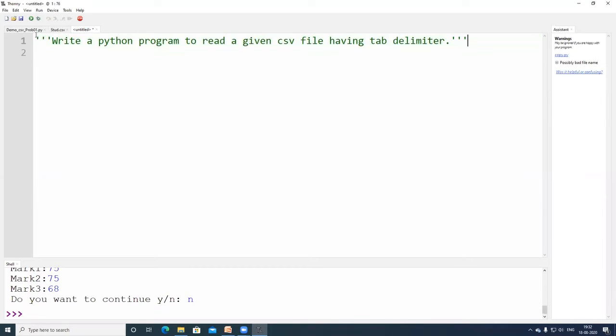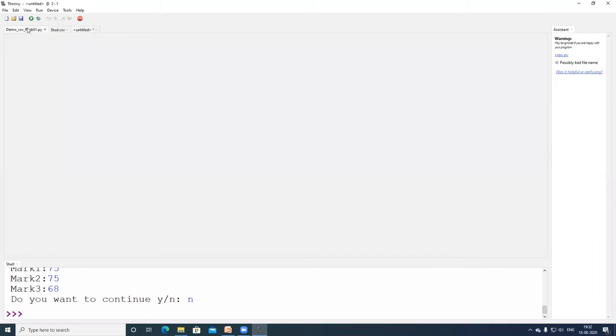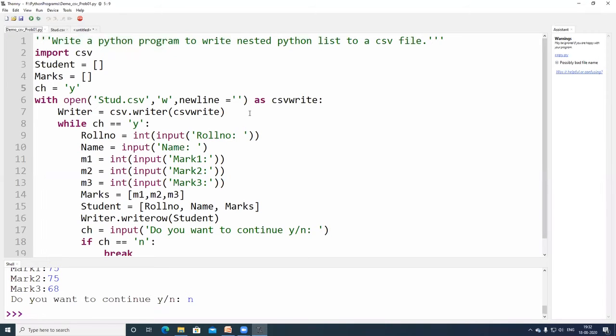All right. Now I am trying to modify this particular code alone. How am I modifying it? delimiter equal to, I am trying to specify another delimiter, namely tab here.